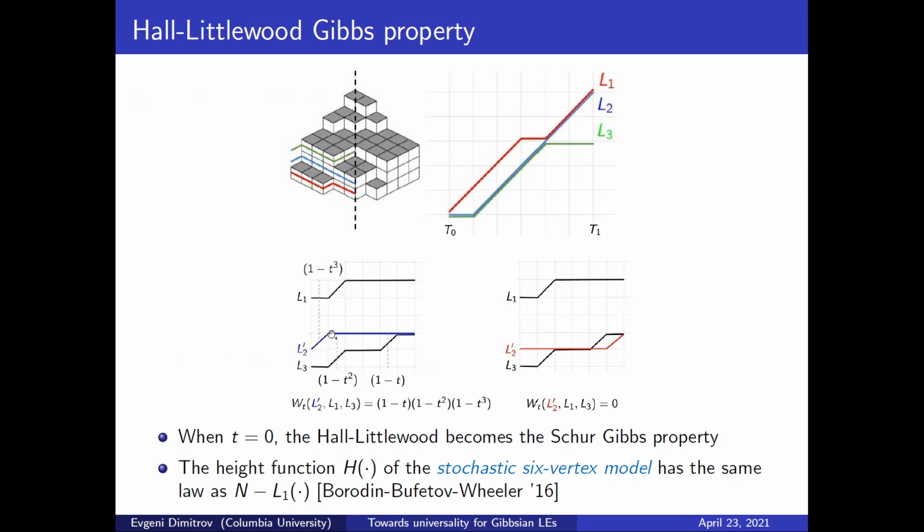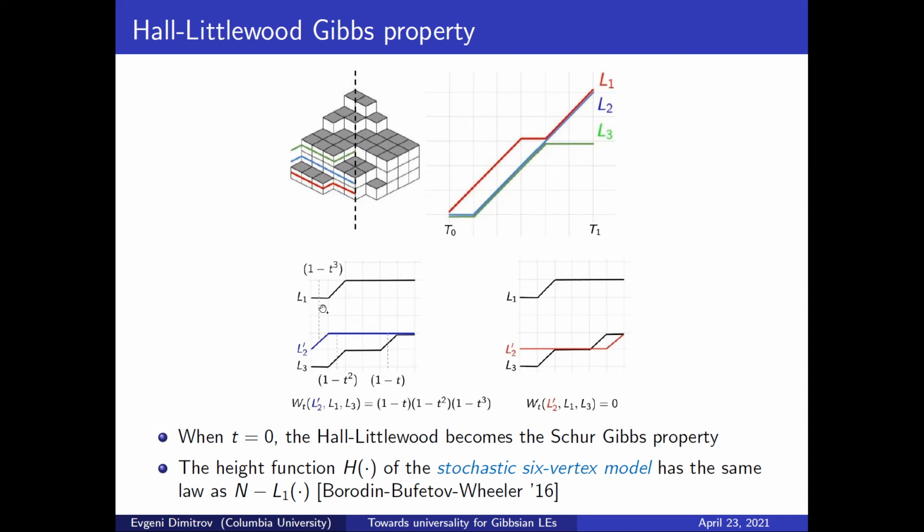The conditional distribution of the second curve given the first and the third one is basically going to be uniform on all upright paths that connect its endpoints, and also stays in order relative to L1 and L3, except that you're going to perturb it. You're going to perturb this uniform distribution by multiplying the weight by some factors that involve 1 minus t to some power. So what are these powers?